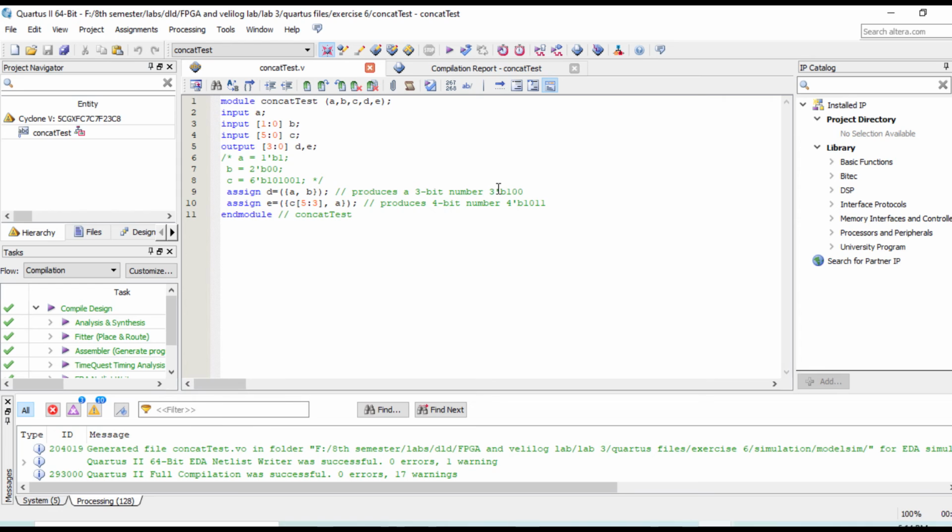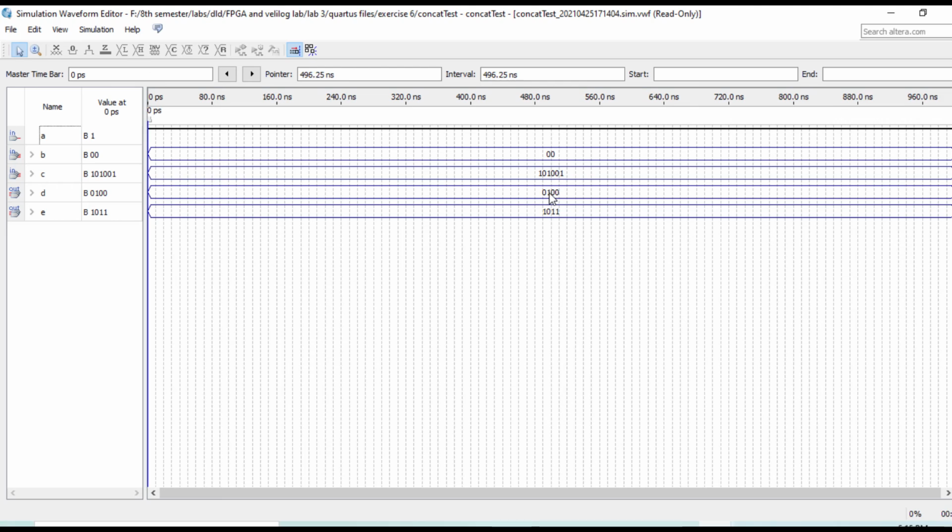And now we will verify the results. Here you can see the input of d is equal to 100, and the output of d is 100, and the output of e is 1011. First we will verify the d output 100, and here it means 4, and here you can see 011, which means 3.